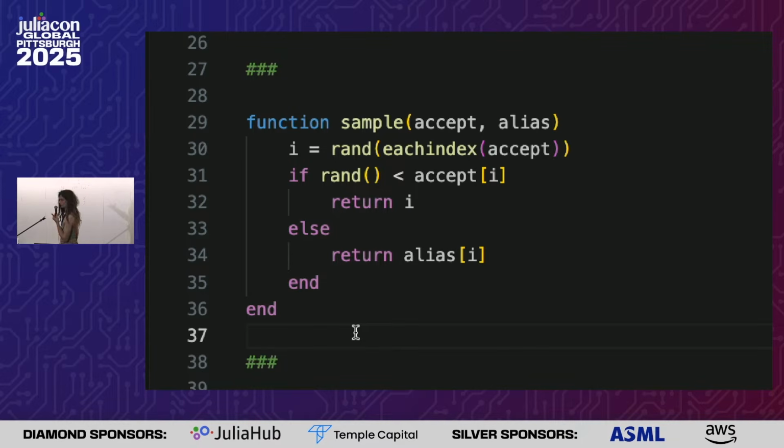So alias of 2 in this case, let's set that to 2, because 2 probably needs some more bonus points. It wants 0.6 and only has 1/3. So we'll set the alias, this is the accept, and the alias will be 2. Great. And similarly for here, we want 0.3 probability, and we've got 1/3, so we need to set the accept to 0.9, and that way we'll be accepting a total